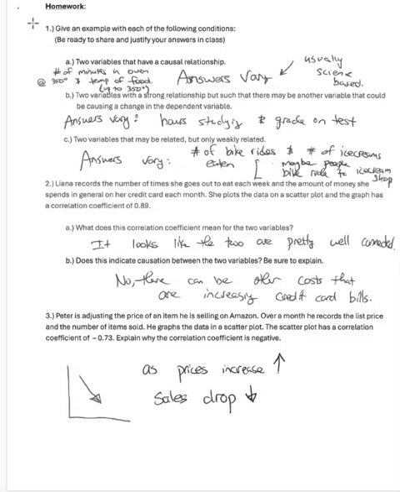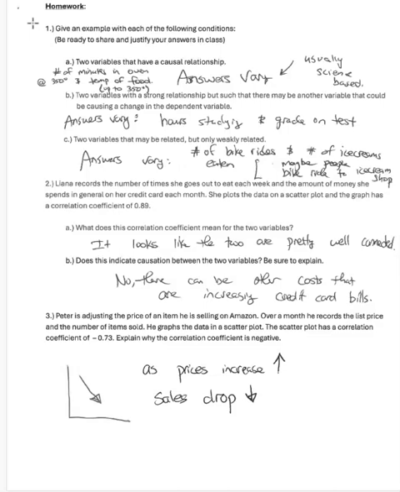And then two variables that may be related, but only weakly. I would say the number of bike rides and the number of ice creams eaten. My family sometimes likes to take a bike ride and go get ice cream, but we don't do that all the time. So just generally, if more people are getting out, maybe more people are going to be eating ice creams, but we can't say that one of them is causing the other, and there's probably a pretty weak relationship